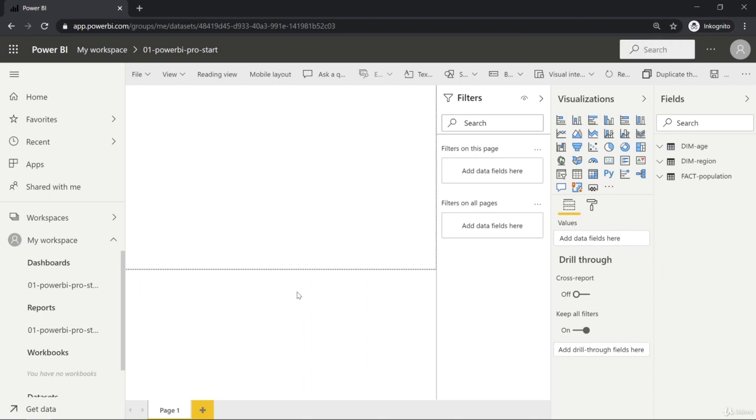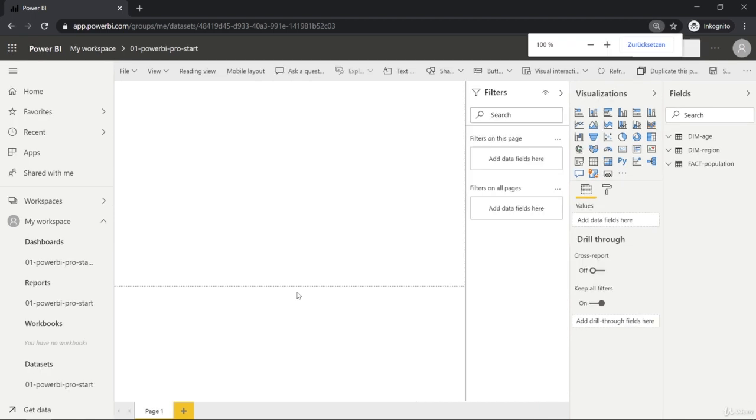So what can we do in this dataset menu now? Let me first maybe decrease the size a bit more so that you can read a bit more of the options. I think this is still fine regarding the font size here. However, in this dataset menu here, in this dataset option, we have some core differences when we compare it to